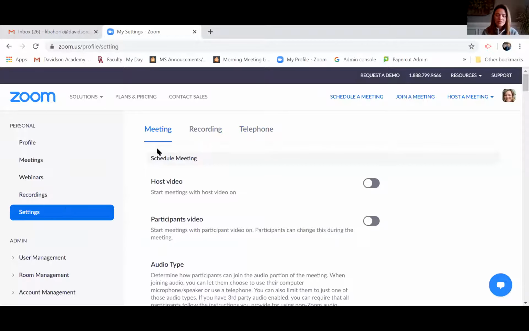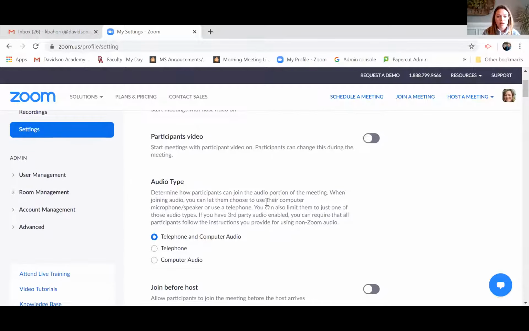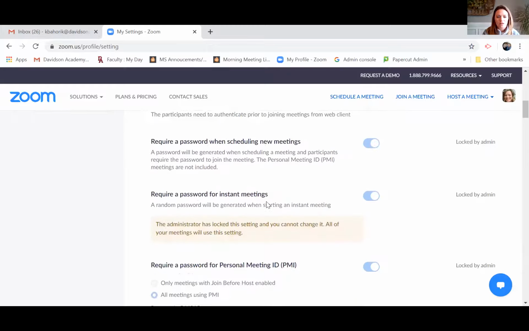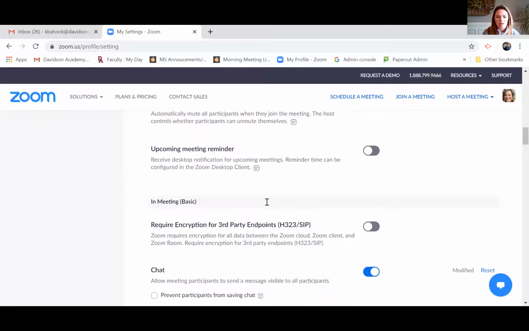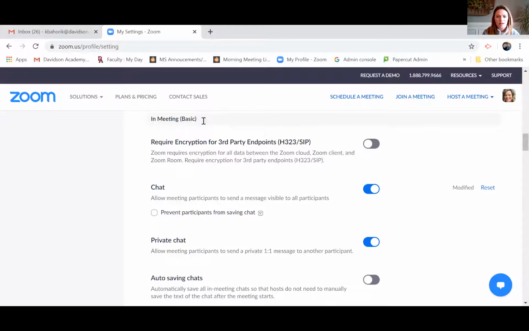Now, these are overall settings that will control every meeting that you have. So this is not just for one meeting. This is for every meeting that you have that you are the host of. So if we scroll down to, let me see, this very first one, in meeting controls chat, you want to make sure that chat is